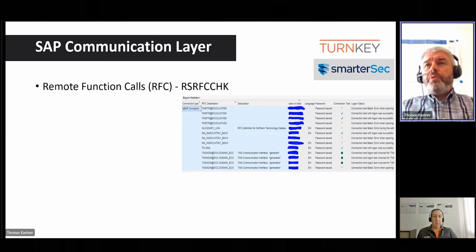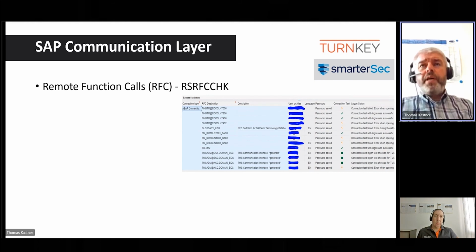This is the output, for example, and I've just highlighted which of these RFC destinations have a password, a fixed password saved within the RFC destination for these blackened users.